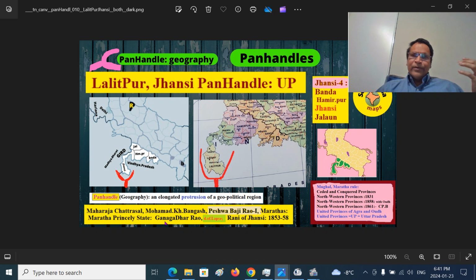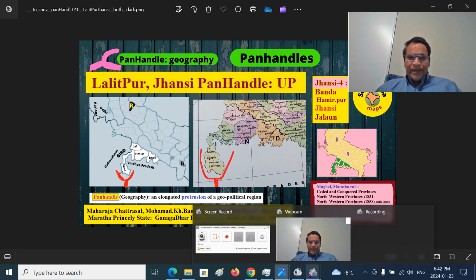At that time, the ruler of this region, Jhansi, was a prince, Gangadhar Rao. He was the consort of the queen, Jhansi Lakshmi Bai, who waged war against the British because she didn't deliver a male child. It was annexed, and the Rani rebelled, and she couldn't win the war. So finally, the district was named Jhansi district after her, because there is a fort there, of Maharani Lakshmibai of Jhansi.